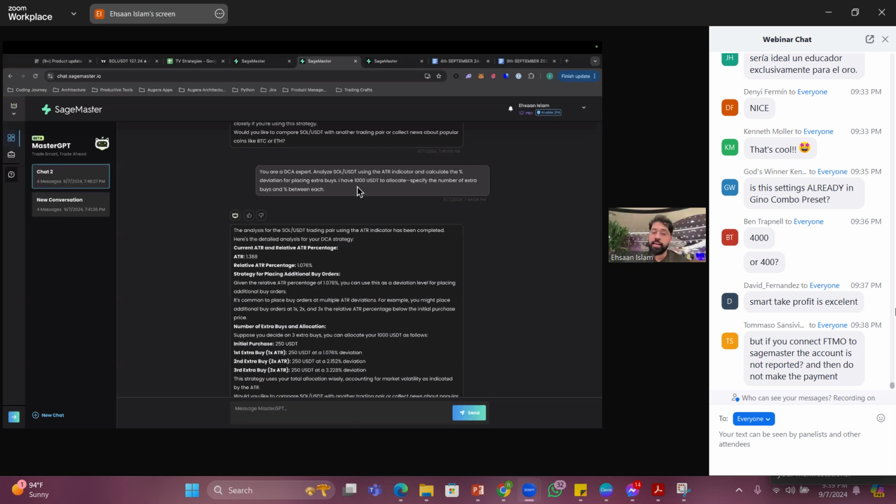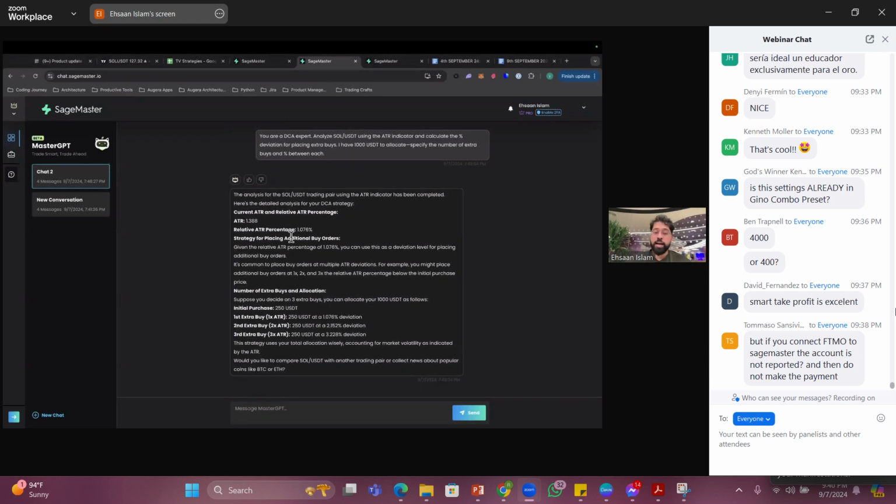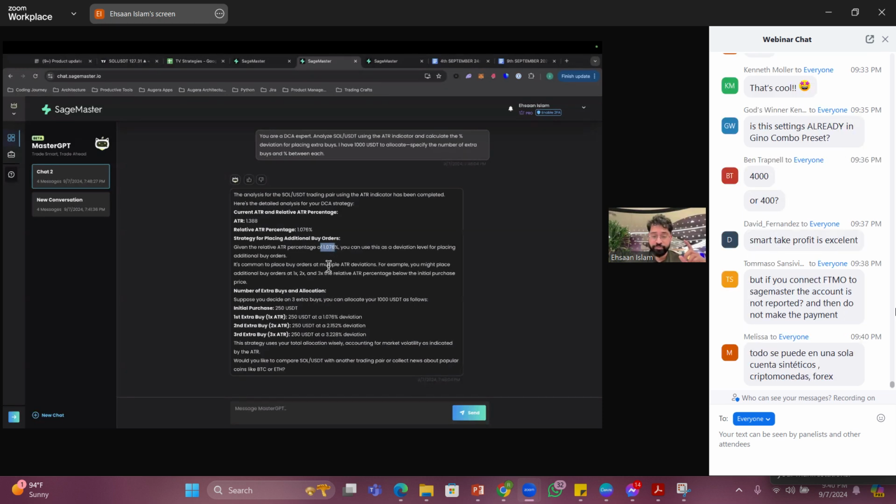So basically what I'm telling Master GPT, and I know it's a pretty long prompt, but we can make it even shorter, is: hey, I want to start a DCA strategy on a specific cryptocurrency, and I want you to give me the settings that I can use to start this strategy. In this case, it came back saying 1% is what I should pretty much use, 1.76% for my